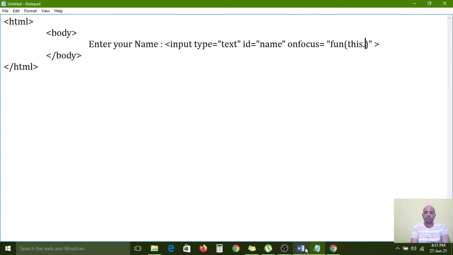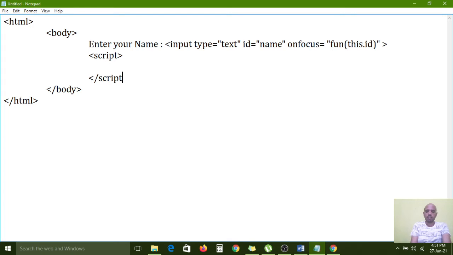This means the current object. The this keyword refers to the current object, nothing but this input field object, right? So now the input field is over. Now we have to write the function in the script tag. Script open, script close.